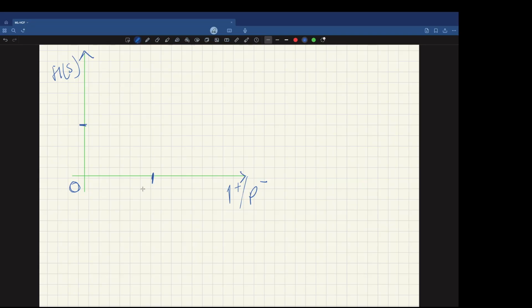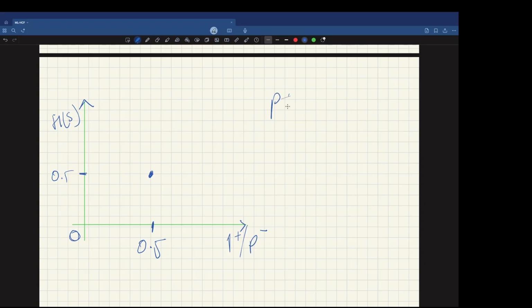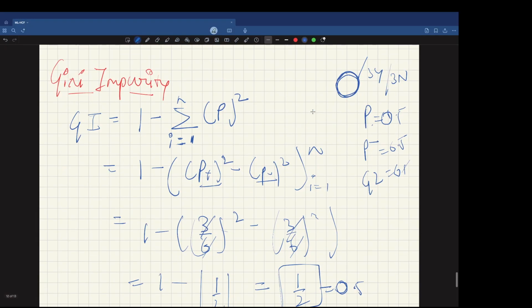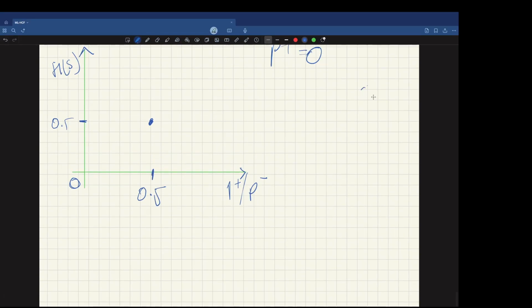Okay. So what we saw at 0.5 of P positive and P negative, it was 0.5. So we draw a point over here. Now we'll check for P positive at 0 and P negative at anything. So let's say one more example. Over here only we'll take a node. Again, in that node we'll put 3 yes and 0 no. So if you calculate for this 0 no, again